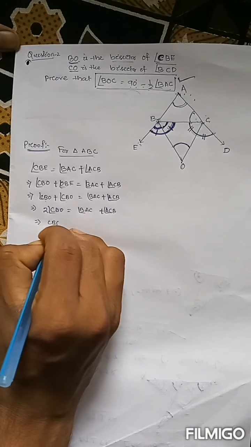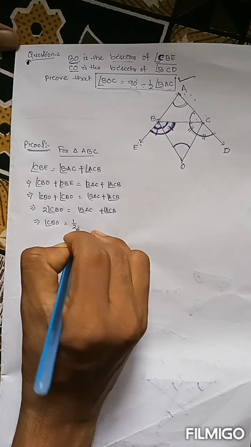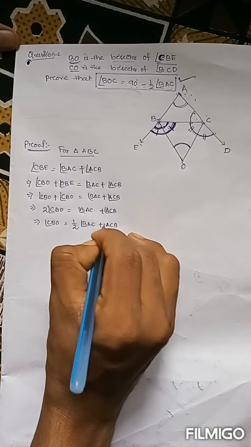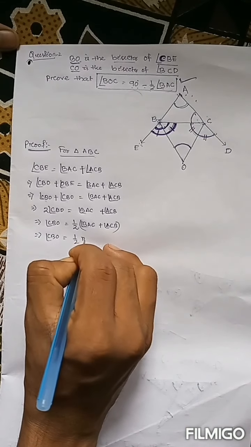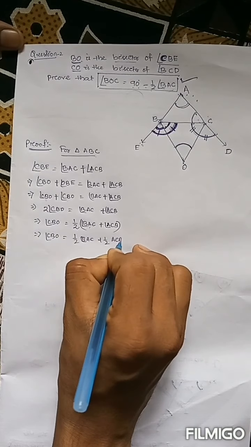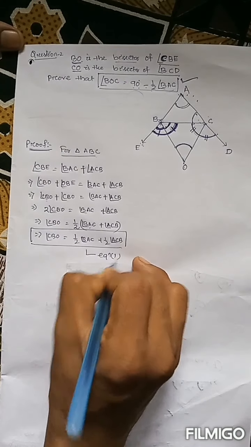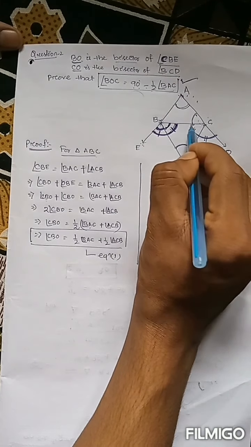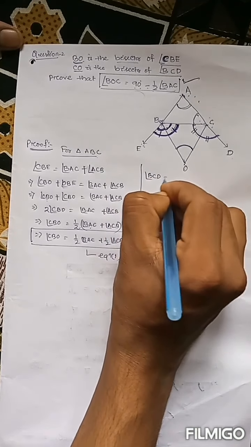So CBO, when 2 goes to the right hand side, it will be divided with each term. It will be half of BSC plus SCB. That means CBO is equal to half of BSC, it is multiplied with each term, plus half of SCB. Understood? So this is our equation number 1. Similarly, if we consider this as an exterior angle BCD, okay, so you can write BCD is equal to